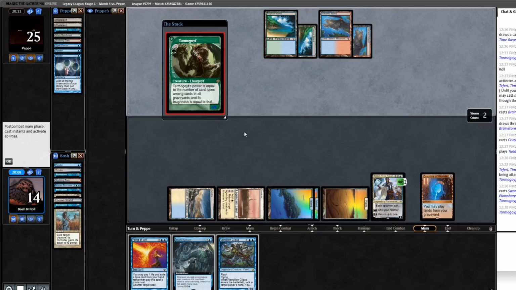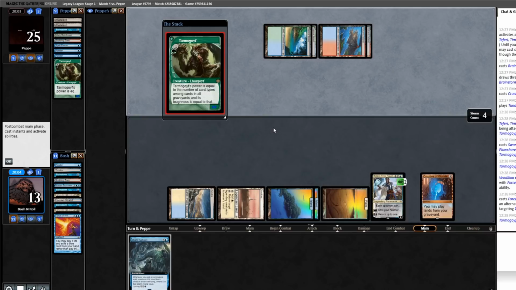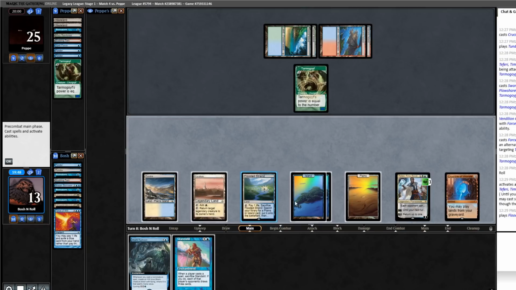Alright, so another Tarmogoyf. I will pitch Vendilion Clique to force that, because that's bigger than Shark Typhoon can answer, and I really want to jam the Standstill. Bummer. Alright, jamming Standstill, not on the table. Actually, jamming Standstill is fine. I make my land drop, play Standstill, chump Tarmogoyf for a turn with the Shark,